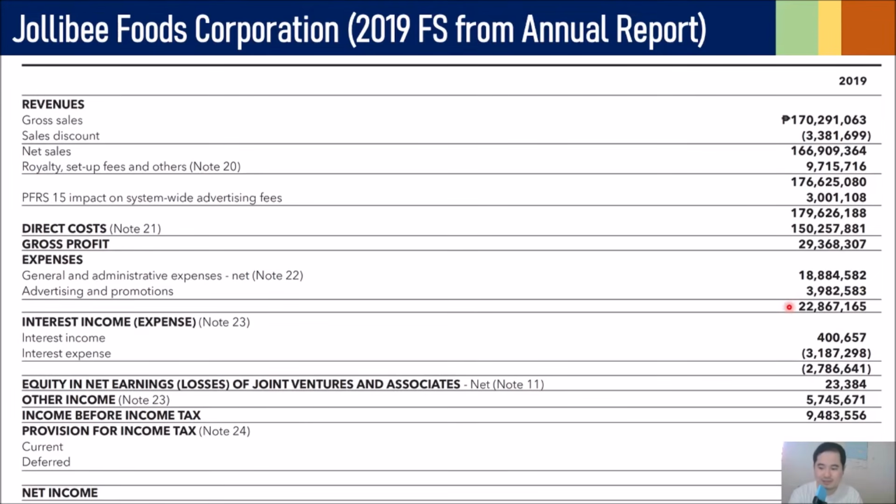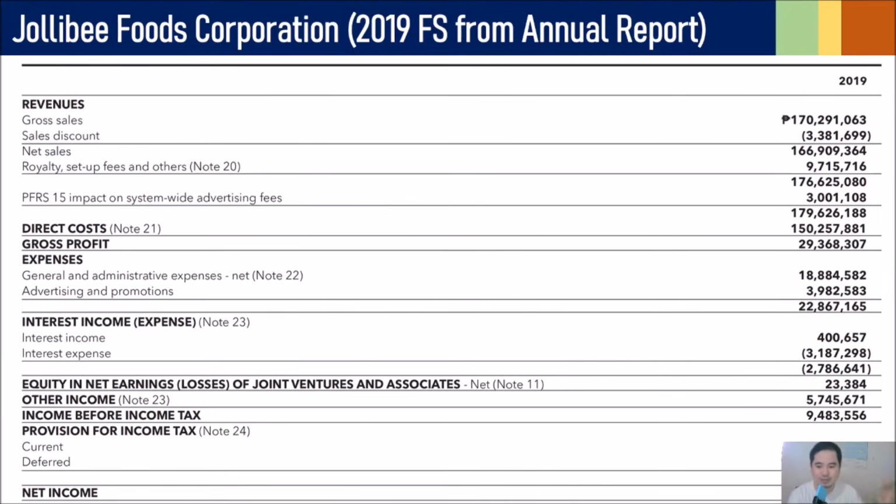And then, sabi po ng standard, kapag daw po interest, di ba, hihiwalay mo ng presentation. So ito po yun. Okay? And then, ito po yung equity in net earnings or losses of joint ventures and associates. Yan po yung sinasabi ko kanina na in any case, you have companies that you have significant influence, yung share na net income nila doon, lalagay mo po as a separate line item. And then, kung sakali man po may other income pa si company, lagay mo rin po. Which gives you your income before income tax. Tapos, ire-report mo po yung tax expense, both the current and deferred, which will give you a net income of